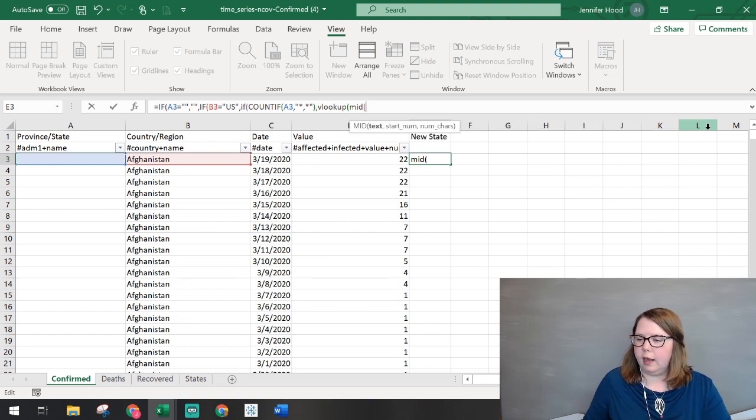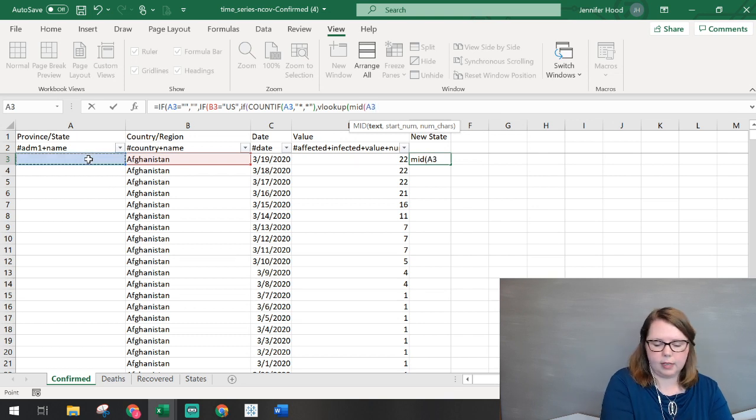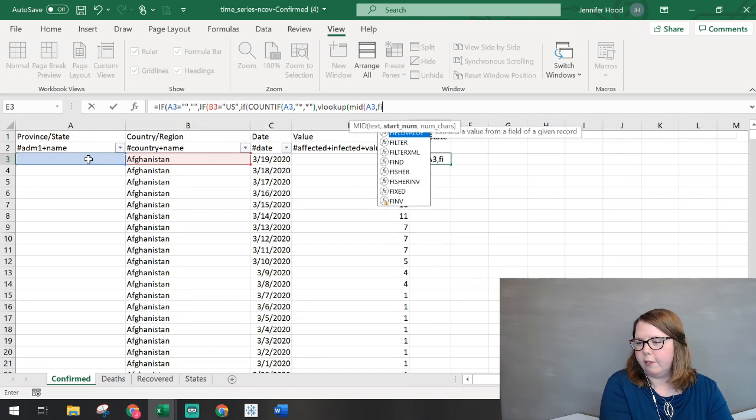and said look up mid, and I want to look up in this text, I want to start at find.